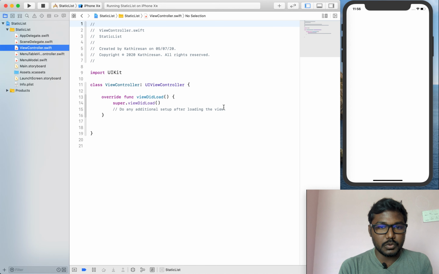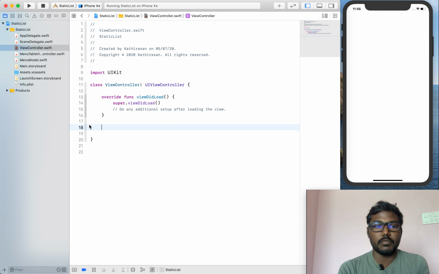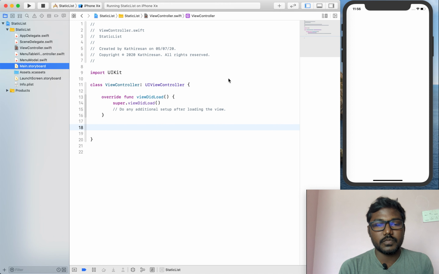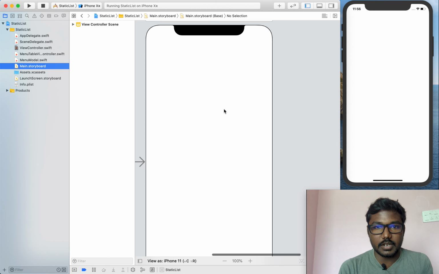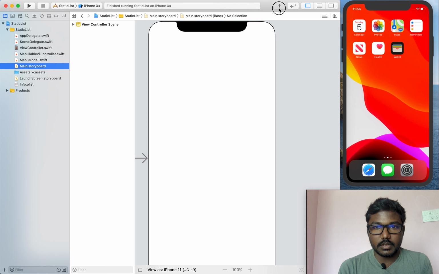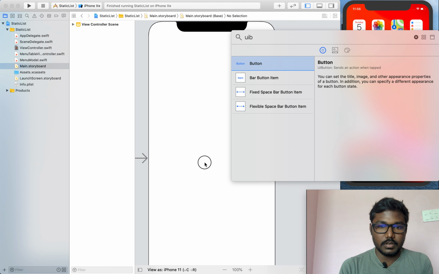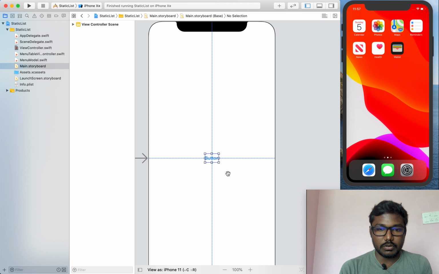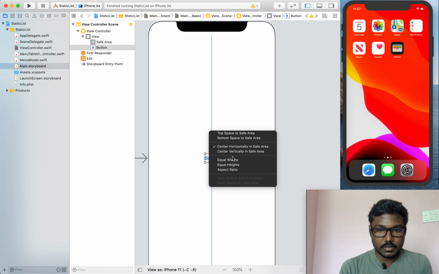Before that, we have to pass from the view controller to the table view controller, so I am setting a button to navigate to it, creating a UIButton at the center of the view controller and setting some constraints like center vertical and center horizontal.